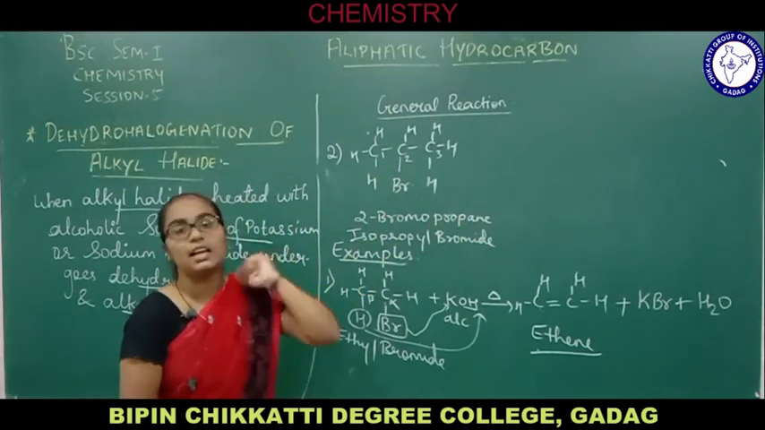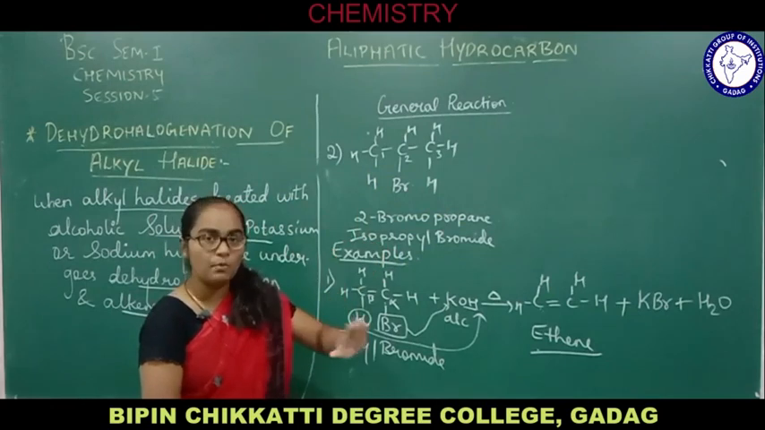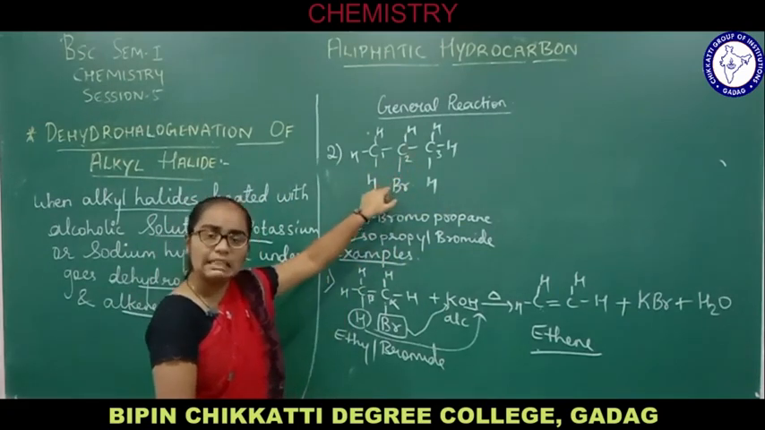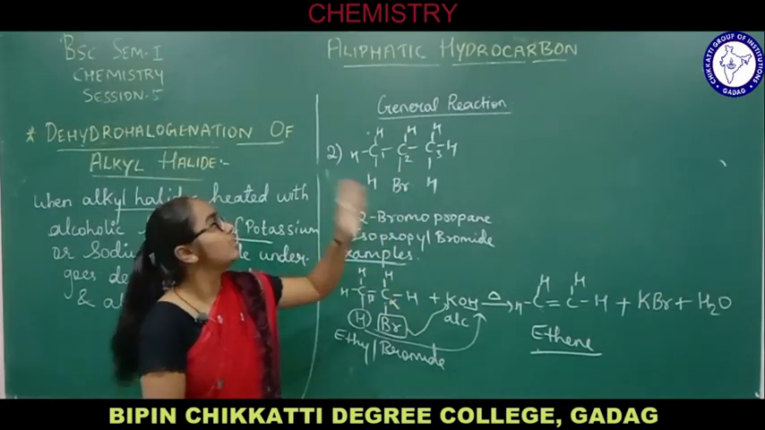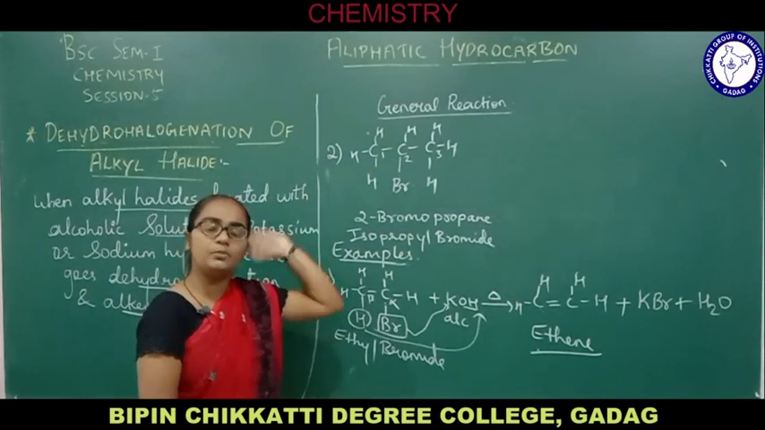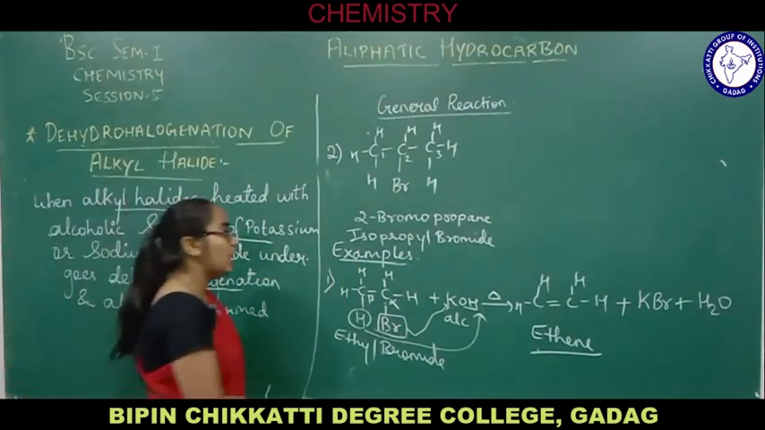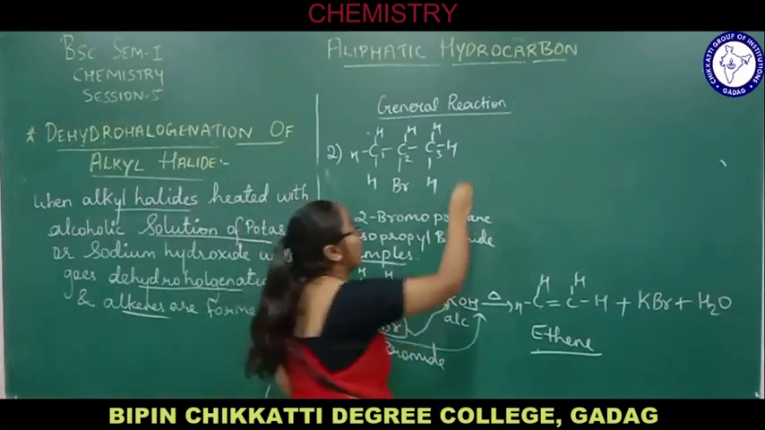So the main alkyl group is the propyl group. So that is isopropyl bromide or 2-bromopropane. At second carbon, the bromo group is there, and the parent alkane is propane. This you have studied in your PUC, IUPAC nomenclature. So now, when this is treated with alcoholic potassium hydroxide,